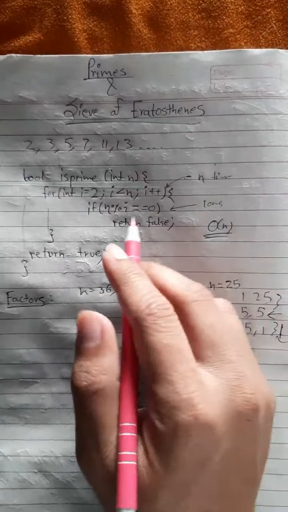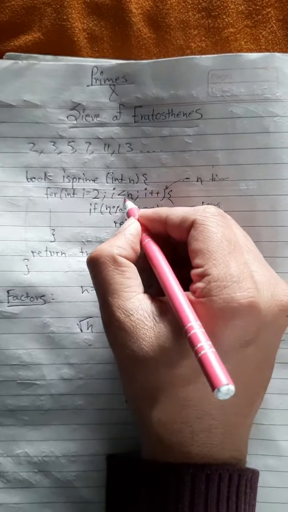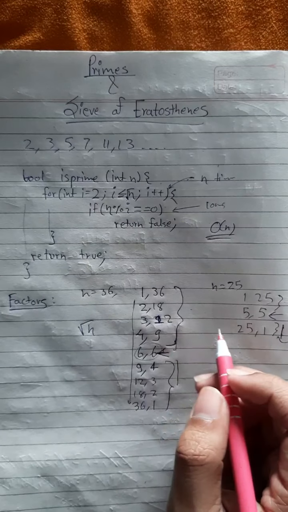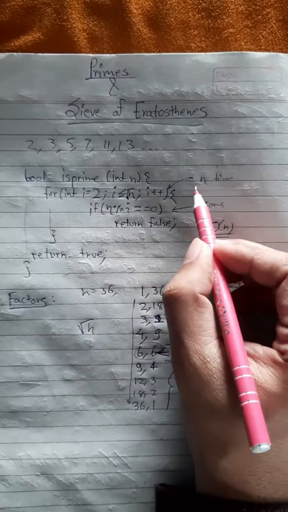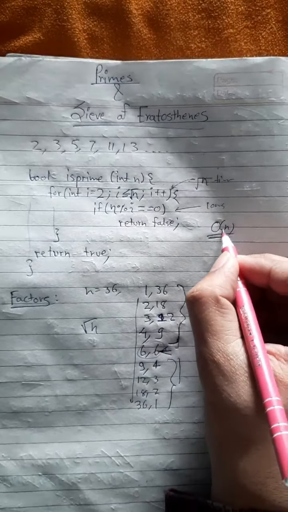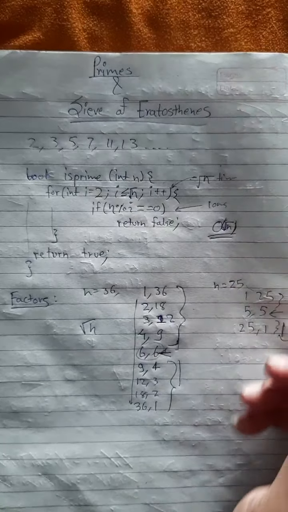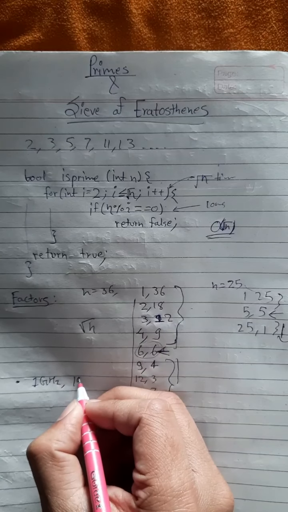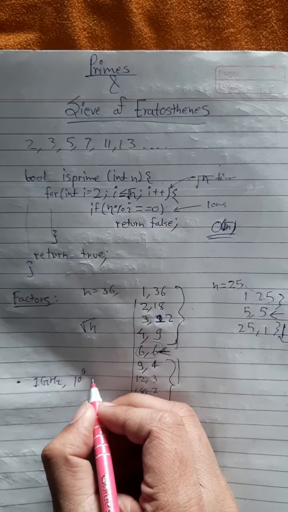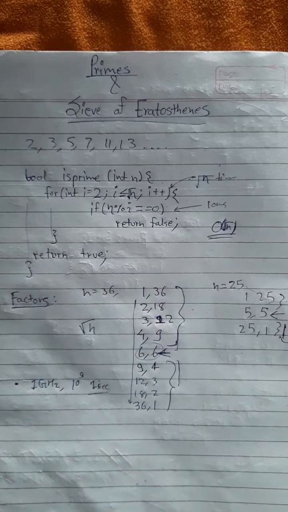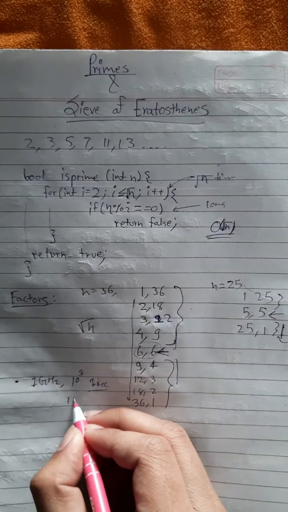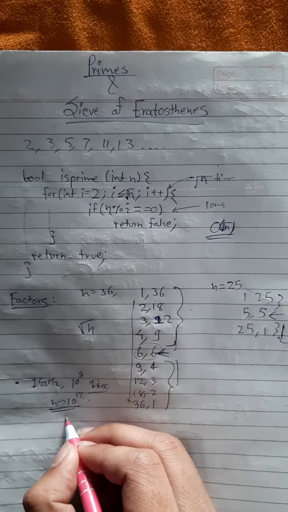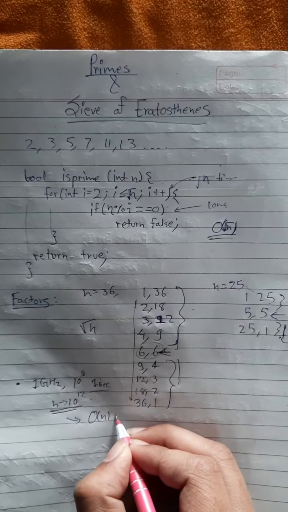So instead of looping through n, we can just change it to root n, and we assign the equality here for the perfect square case also. So it will run root n times, and the complexity will become root n, which is far better. Say for example, we have a processor of 1 gigahertz that computes 10 raised to power 9 operations in 1 second. Consider n is of order 10 raised to power 12. So big O of n will take about